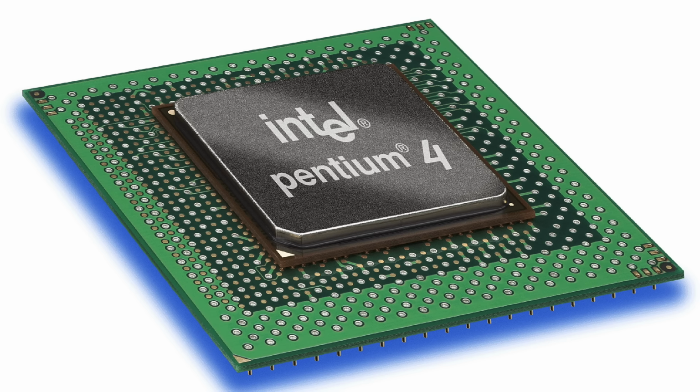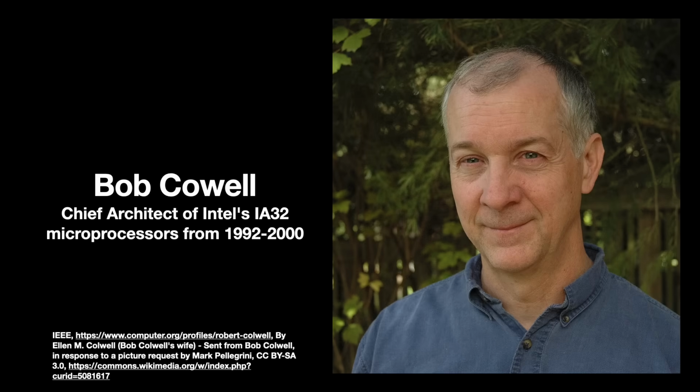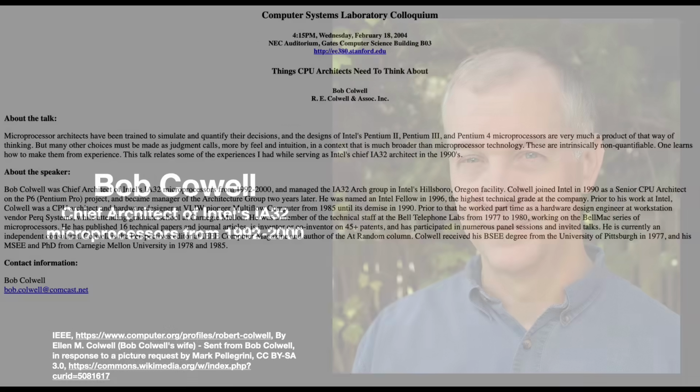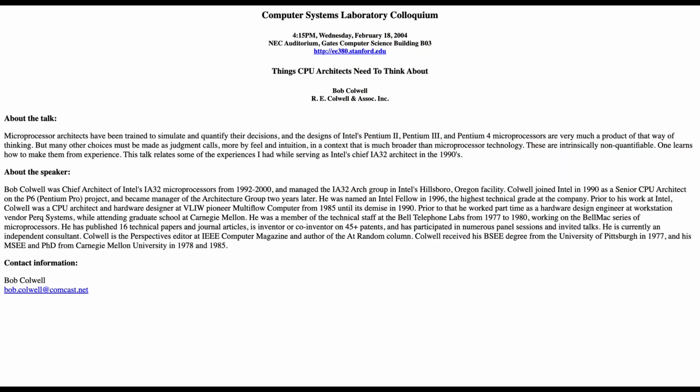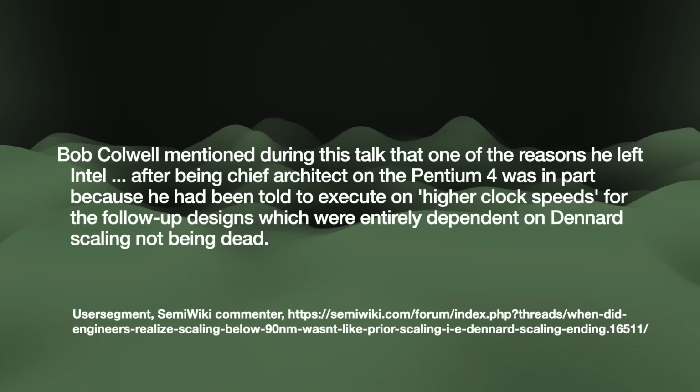I'm not entirely sure, but I stumbled across an interesting thread on the excellent SemiWiki website. It pointed me to a February 2004 talk given at Stanford by Bob Colwell. Colwell was chief architect of Intel's IA32 microprocessors from 1992 to 2000. I could not track down a recording of the talk, titled Things CPU Architects Need to Think About, but the thread author wrote, and I quote,